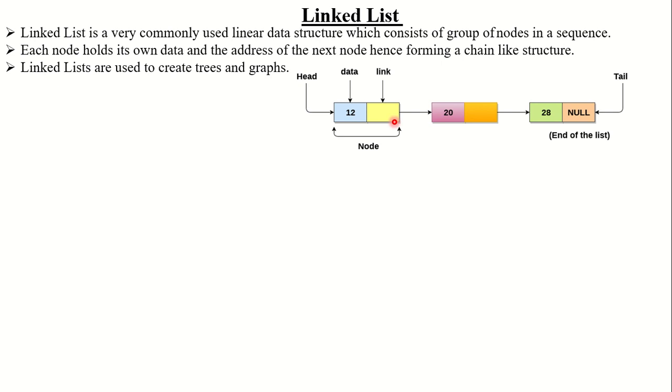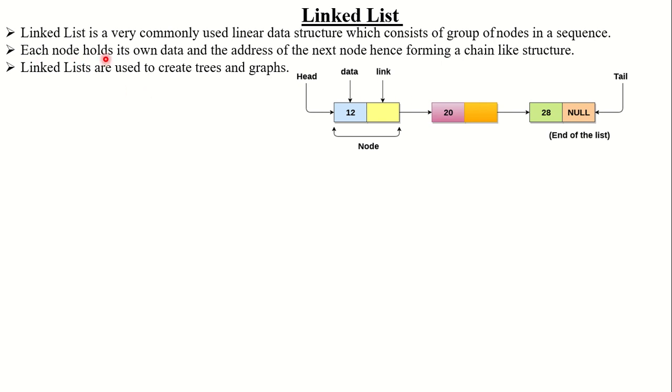Why is it a node pointer? Because it is pointing to another node. So see, here is the address part. It contains the address of the next node, if there is a next node. Similarly, the data part here contains 20, and the address part contains the address of the next node. What is the next node? Here it is the next node. Again, this is a node whose data part is 28, but it is the last node, so it doesn't contain any value. So we assign the next part as null. What does null represent? Null means not specified. There is nothing after this node. So it is simply like that.